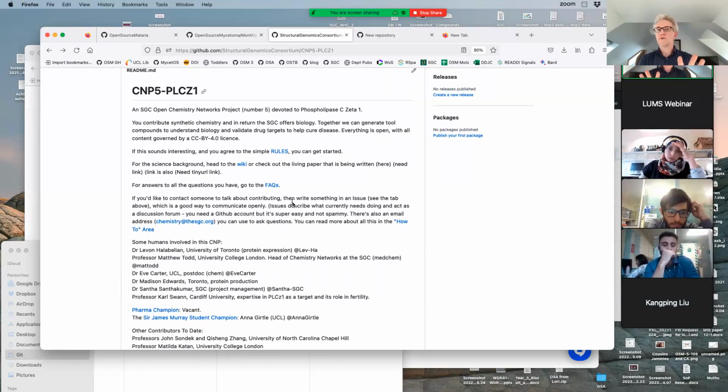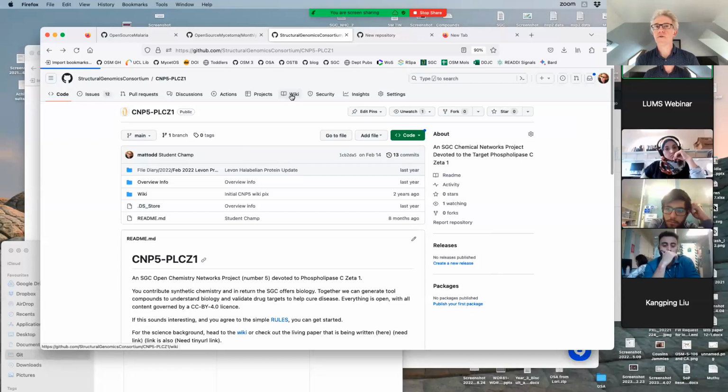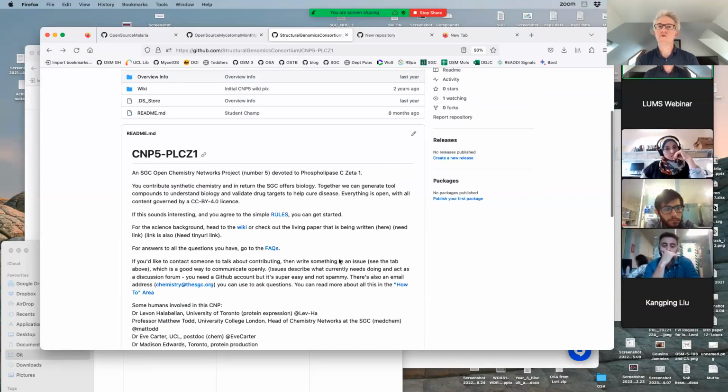Okay, so you've got a scientist who comes to you and says, I'd love to get involved in a project to do with this protein because I know something about it. What you want is to be able to forward them this link and have them read this and get the basic idea of what's involved. Okay, so it's meant to welcome people in. The detail goes on the wiki about origin and story so far and all the details, but the initial thing is making sure that this front page is understandable. That's all. So you'll need some of what's on the screen there. You'll need to include that